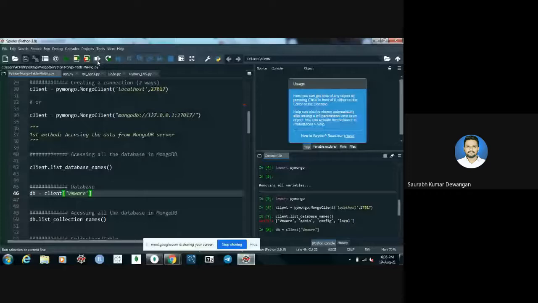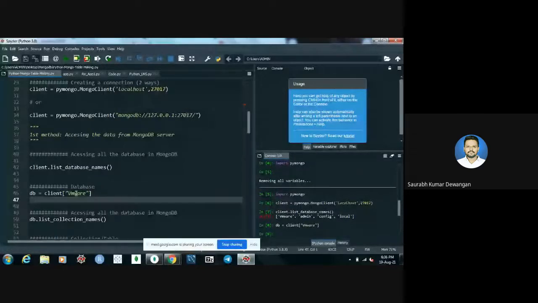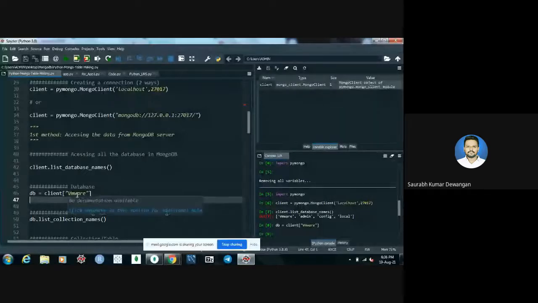Okay, so the database is stored in the variable db. Now next, we want to know how many tables or collection names there are inside that database, VMware.